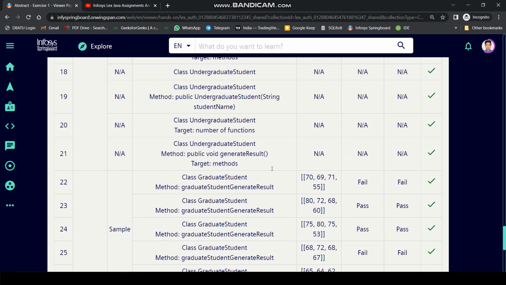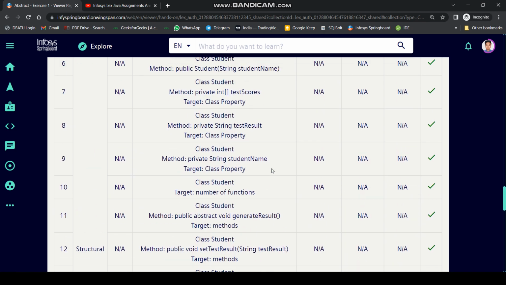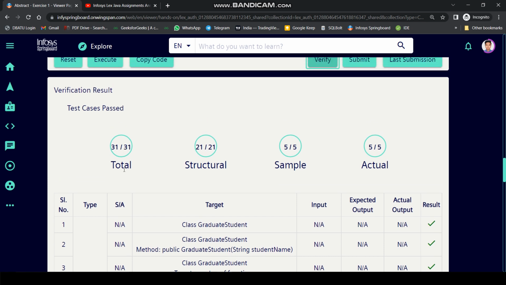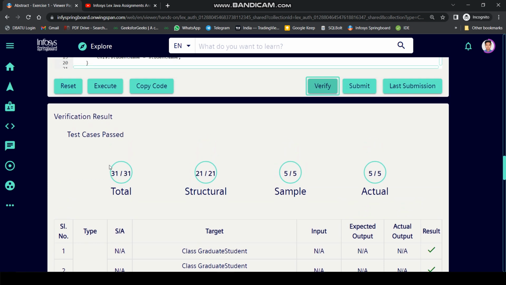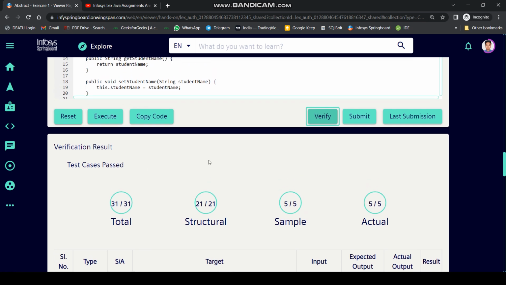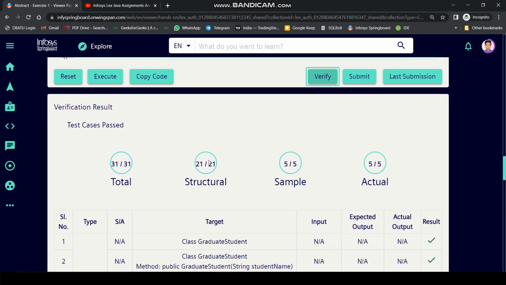And we cleared all test cases. Here you can understand that maybe the way in which we are solving problem is possibly right, but if test cases are not getting passed, then we should try to solve it in another way.